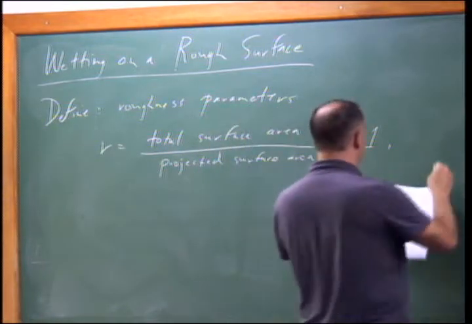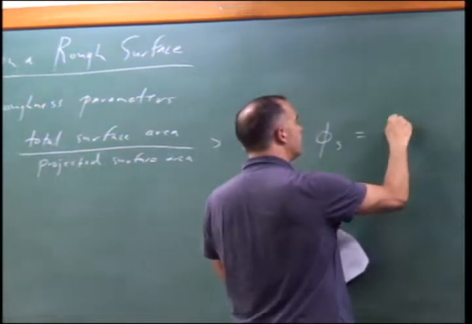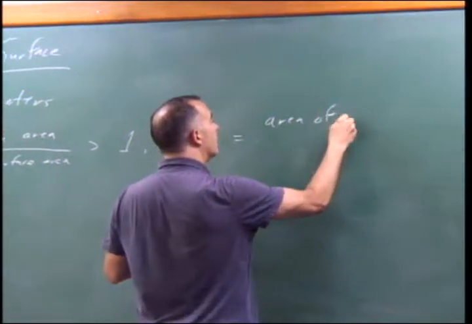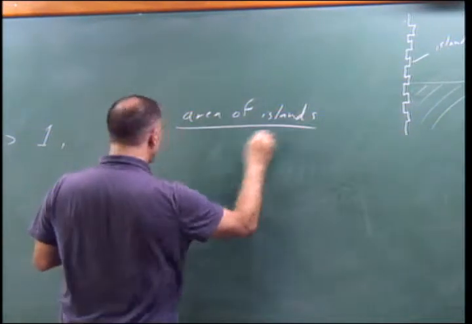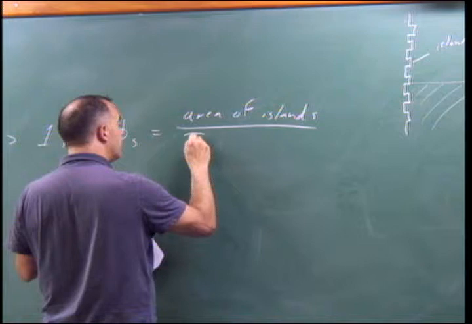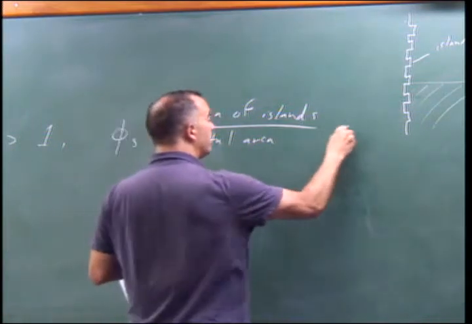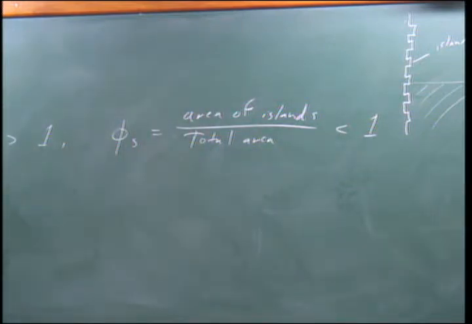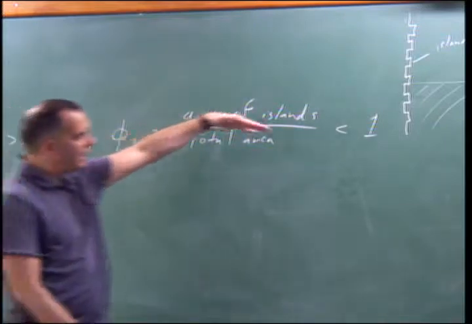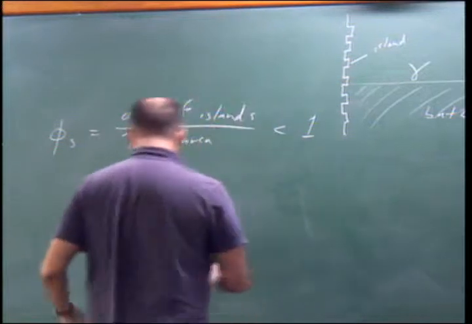And then we have the second roughness parameter, which is the area of the islands, so the top of the islands over the total area. So this is necessarily less than 1. Okay? So these will come up in our musings here. So if we imagine how much energy we get as this thing advanced by an amount delta Z,